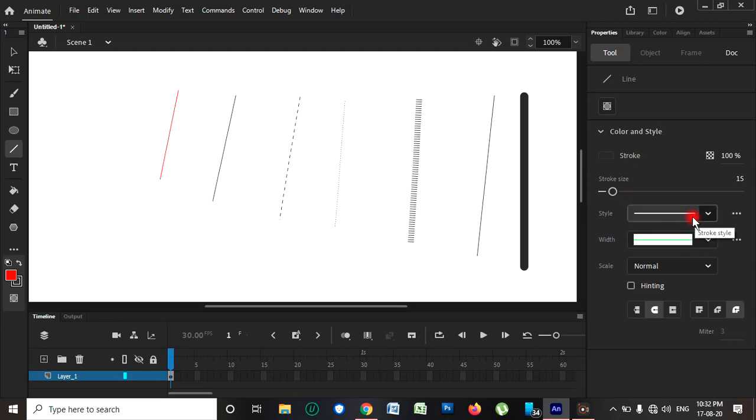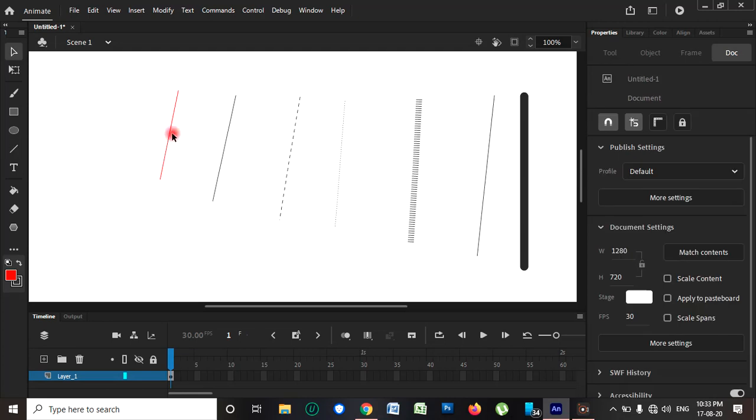Okay, now here we are going to perform how to make a curved line. First of all, we have to select the line with the selection tool. This is the selection tool, it is used to select the line. Okay, when we put the cursor here, this curved line is displayed, and after that, holding the left button, pull down.